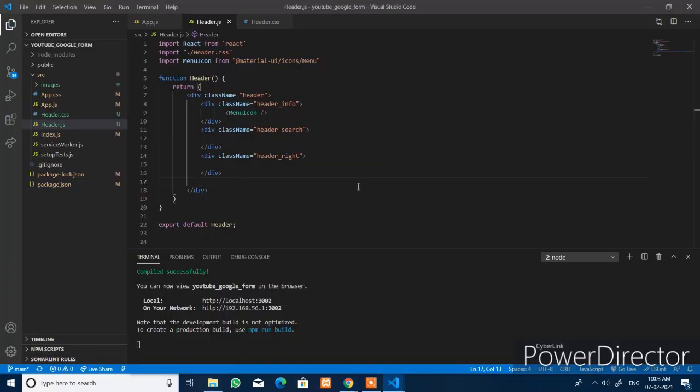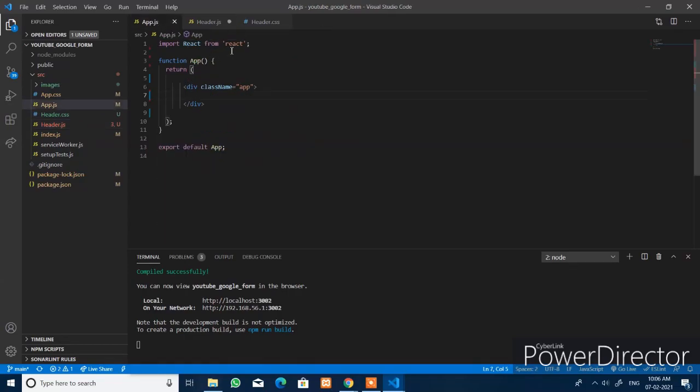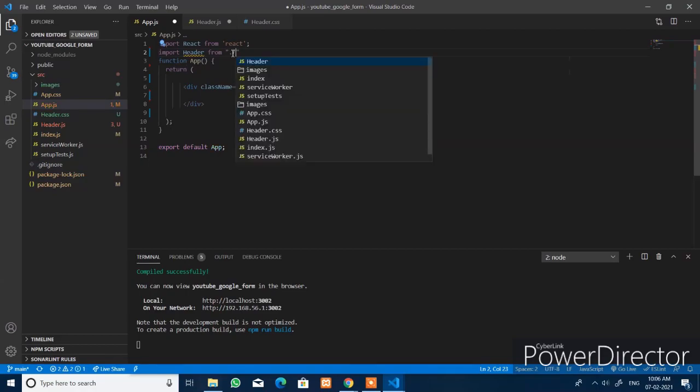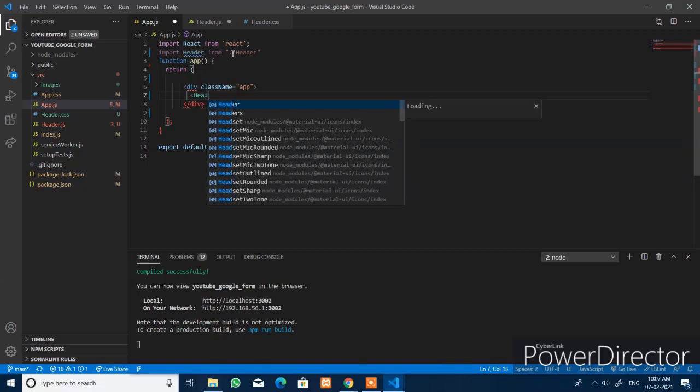To make it visible, you have to import the header component into the app.js file. You go to app.js and import Header from the current directory, header. You can then use the Header component here itself.